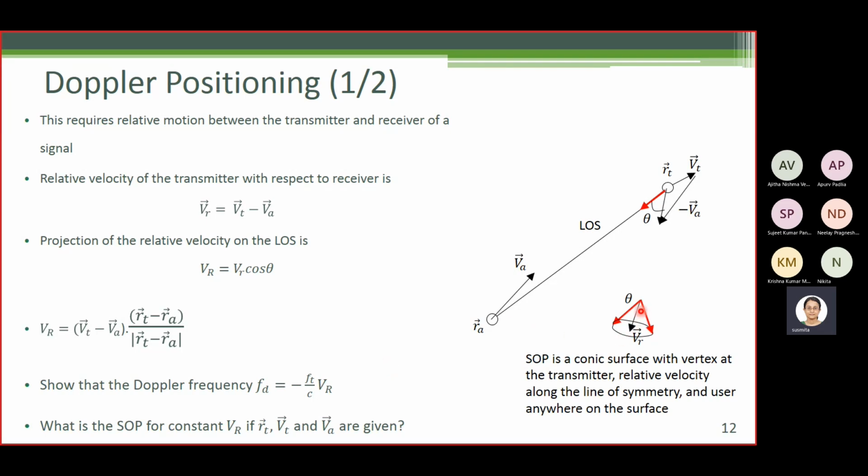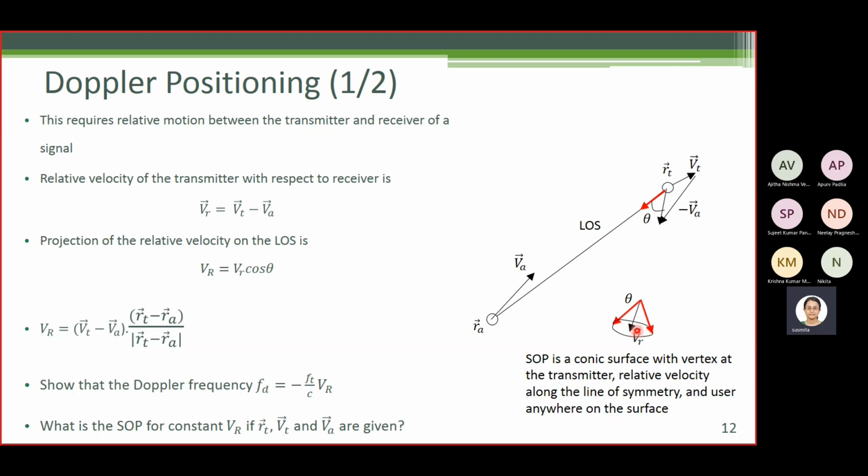Okay? The surface of position will be a conic surface. The user can be located anywhere on the curved surface of the cone, okay? And the vertex will be at the transmitter, okay? And the line of symmetry of the cone will be along the vector V small r. Now just take any point on the curved surface of the cone, you will find that theta is constant because